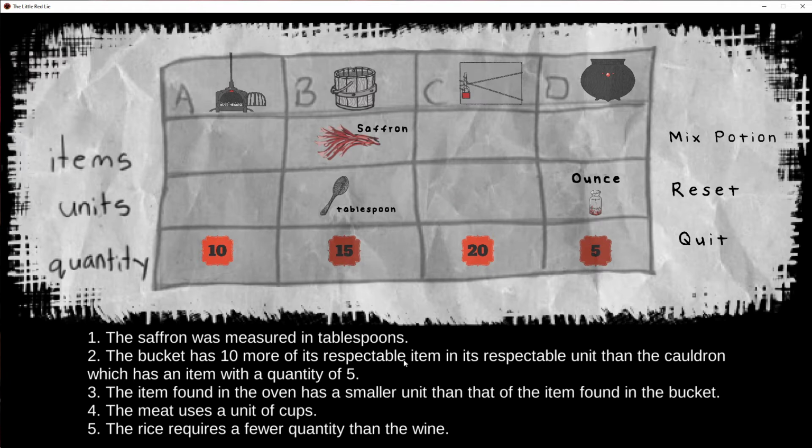Bucket has 10 more of respectable items in its respectable unit. The cauldron, which has the item quantity of 5. The rice requires a fewer quantity than the wine. So the oven or the cauldron could be